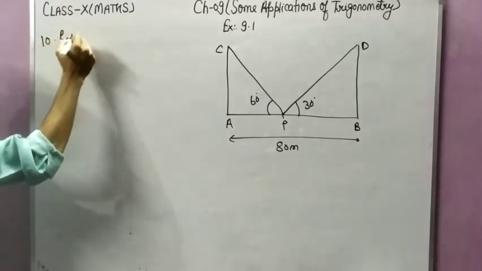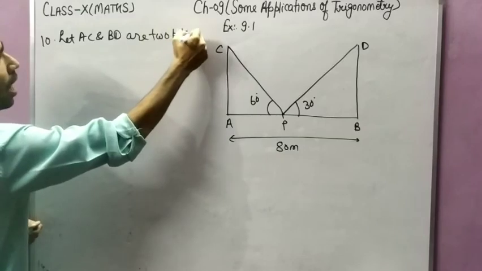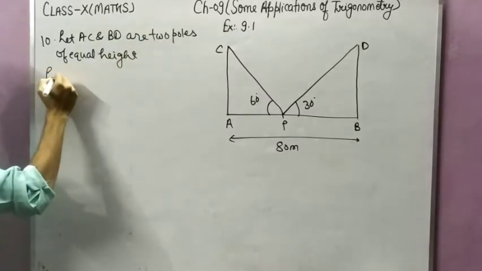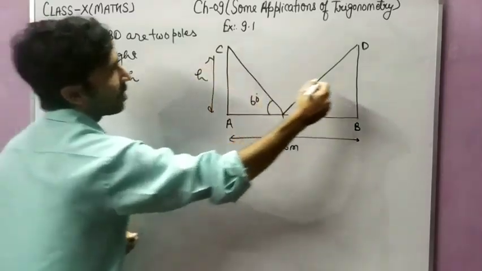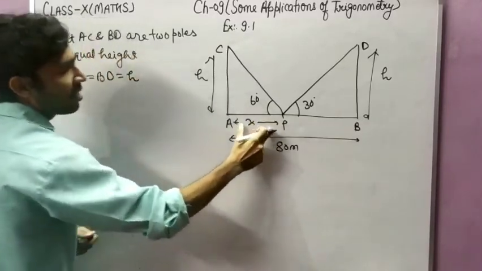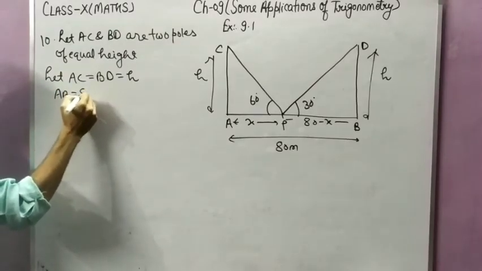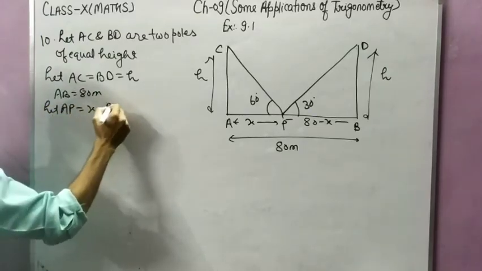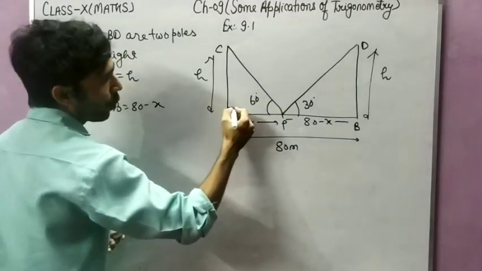So let AC and BD be two poles of equal height. ठीक है, तो let हम लोग assume कर देते हैं, let AC is equal to BD equal to H. So suppose this is also H and this is also H. अब मान लो कि ये पॉइंट P A से x डिस्टेंस पर है, कितने डिस्टेंस पर है, x. So if this distance will be x, this will be 80 minus x, ठीक है। And AB is given 80 meters. So let AP equal to x, so PB will be equal to 80 minus x। सब कुछ लिख लिया हम लोगों ने। Now there are two right angle triangles, this triangle will also be right angle and this triangle will also be